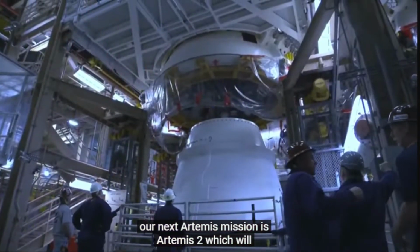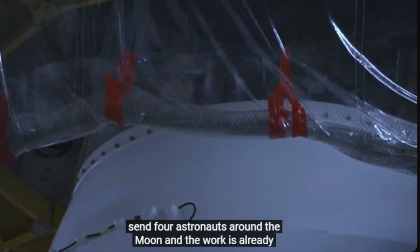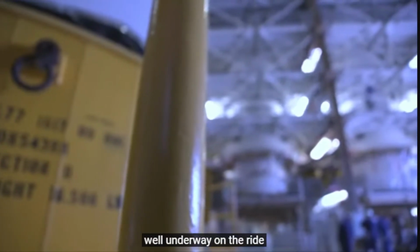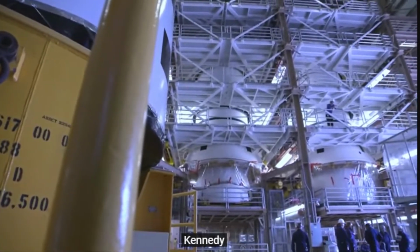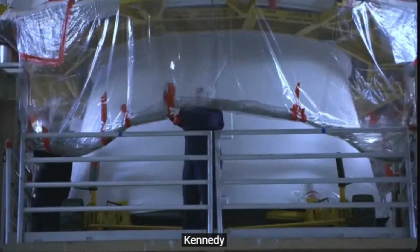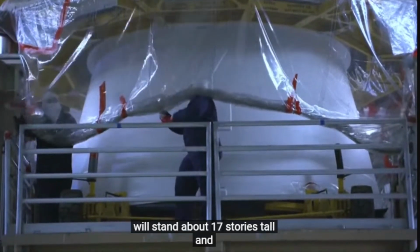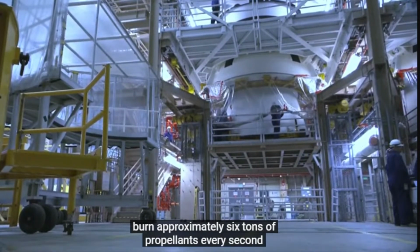Our next Artemis mission is Artemis 2, which will send 4 astronauts around the moon. And work is already well underway on the rocket, NASA's Space Launch System. Right now, teams here at Kennedy are processing segments of the 2 side boosters. Each booster will stand about 17 stories tall and burn approximately 6 tons of propellant every second, producing 3.6 million